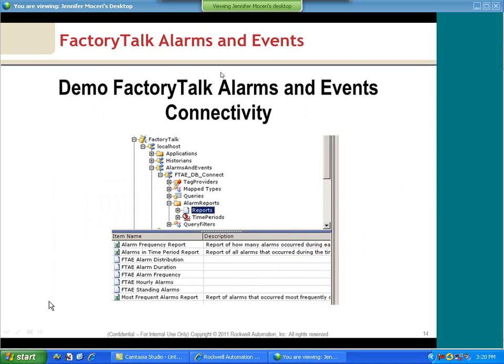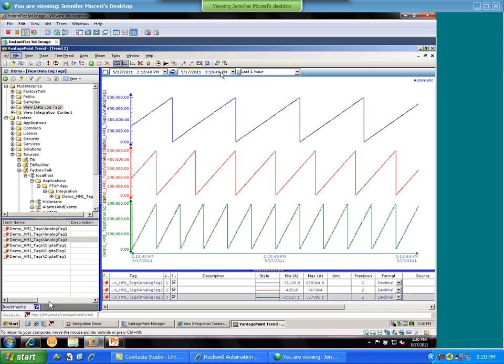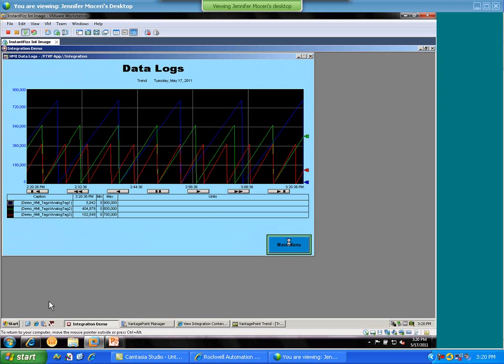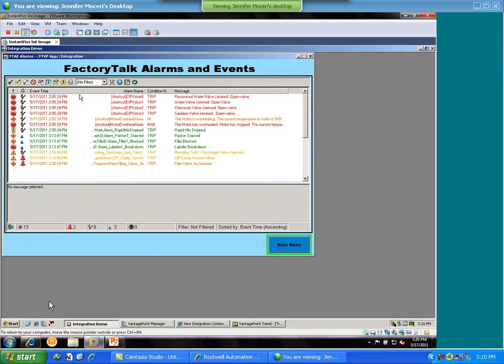So I'll go ahead and switch over to our demo system. And if I go back to our FactoryTalk View client, I'm just going to go ahead and take a look at our alarms and events. And you'll see that these are the alarms and events coming into the system. Basically, they are based on a simulator controller that's running in the background that's just randomly generating manufacturing types of